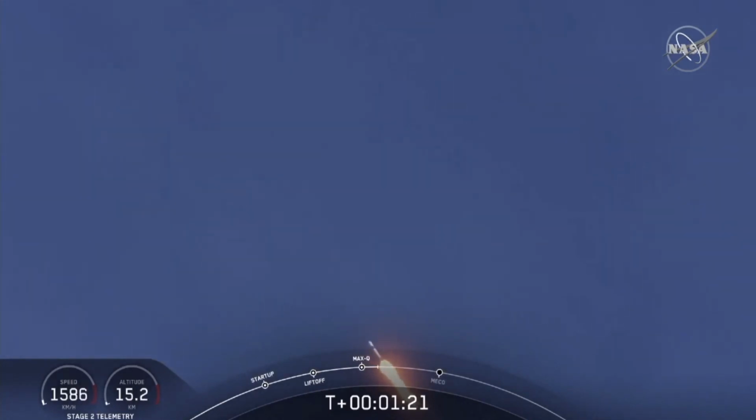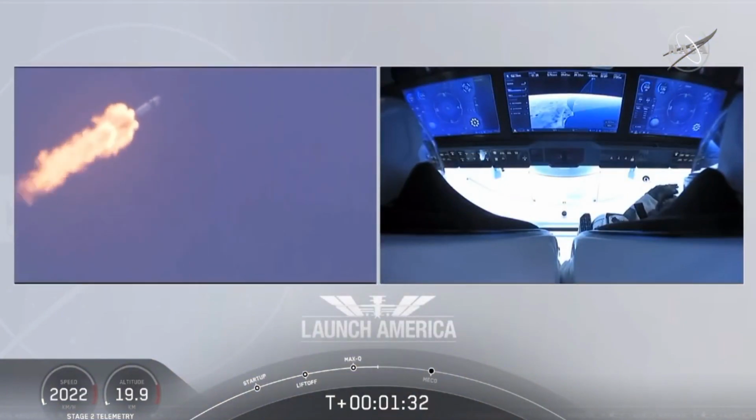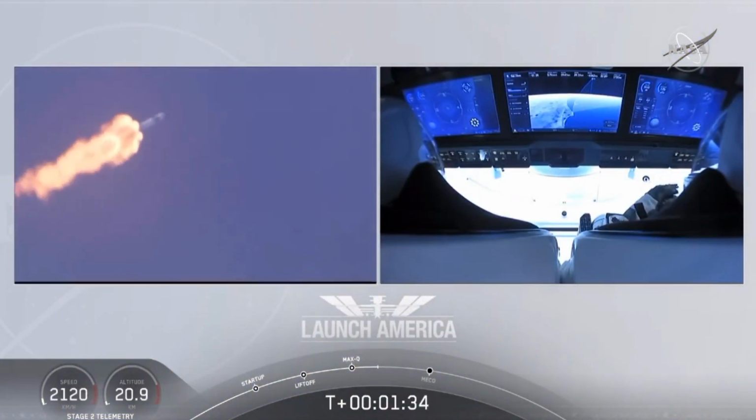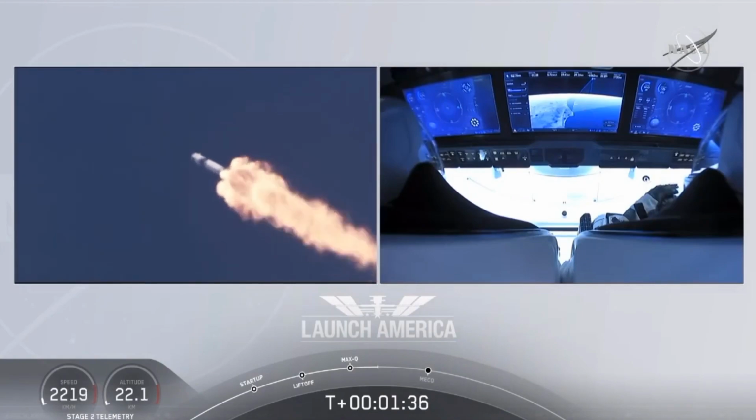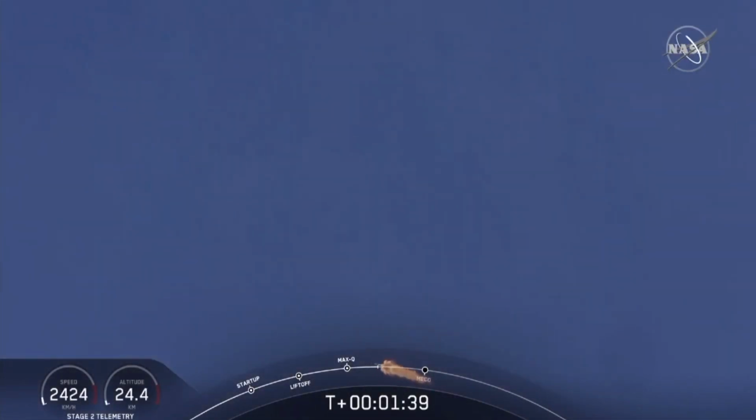Copy, 1 Bravo. And we heard that 1 Bravo call out. That's just the second abort zone that they're in. They'll continue to be on this until the first stage has done its job and they switch over to the second. At this point, Bob and Doug pulling about 2.3 Gs, 2.3 times the Earth's gravity, already moving at over